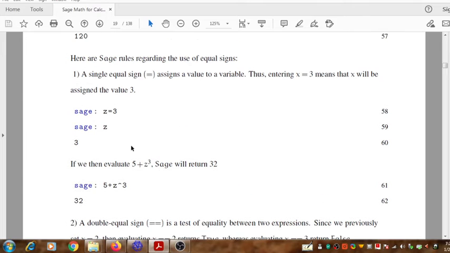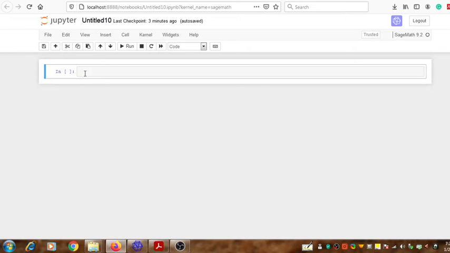Okay, first see defining the variable. Consider this: z equal to 3. It's a variable declaration step. At the time of variable declaration, a value is assigned to that variable also. The value assigned to the variable is 3. So we can copy it, and then go to the Jupyter notebook in which sagemath is opened. Then we paste it,